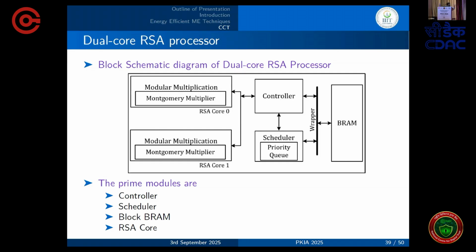To manage these cores, we have designed our own controller and scheduler using a priority queue. Whenever a request for a cryptographic transformation is received, the scheduler and controller check the availability of a free core, and the operation is given to that core. It does not allot operations randomly, but in a load balancing way. For example, if we want to perform k multiplications, the controller assigns almost k by 2 multiplications to each core, so the load balancing factor is also satisfied.